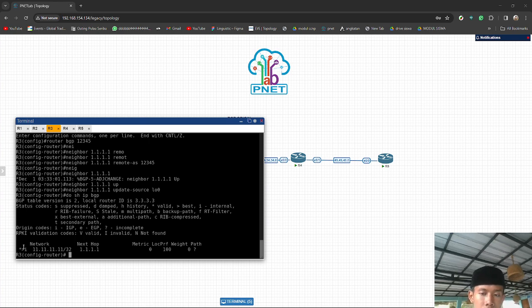And there is a question mark in the path too, the same as here, so that means it is outside EGP and IGP, because this is an EIGRP routing protocol.